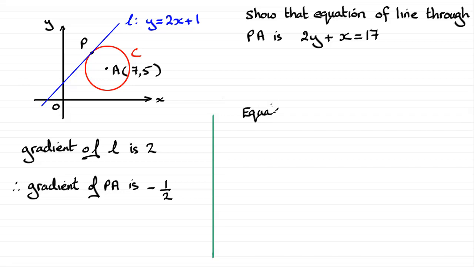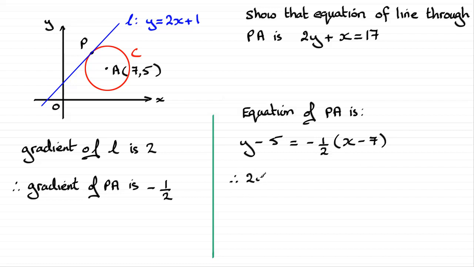So I'm going to just put a little subtitle in here. Equation of PA is, and I'm going to be using y minus y1 equals m bracket x minus x1. y1 is a point on the line. The y coordinate we'll be using is the 5 there from the centre of the circle, equals m, the gradient, which is minus a half, times x minus x1, and that is the x coordinate of the centre of the circle, 7. And what I'm going to do now is just times through by the 2,